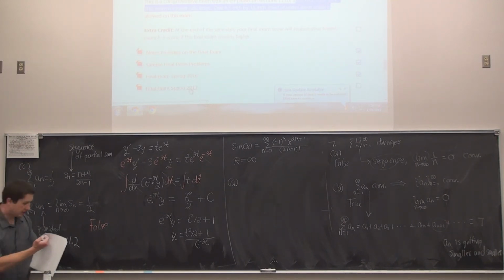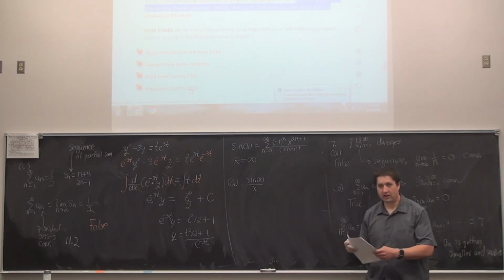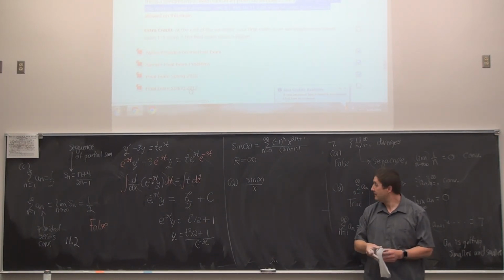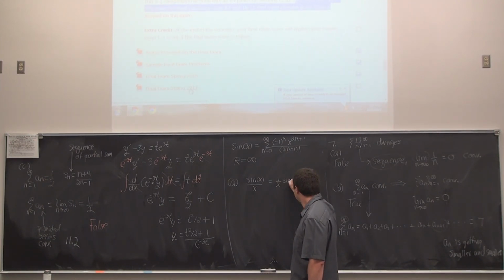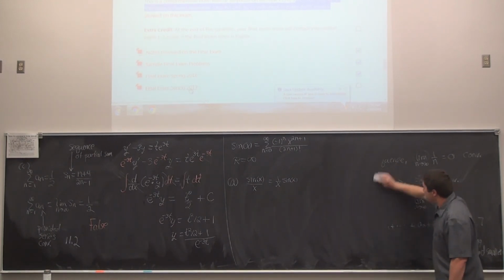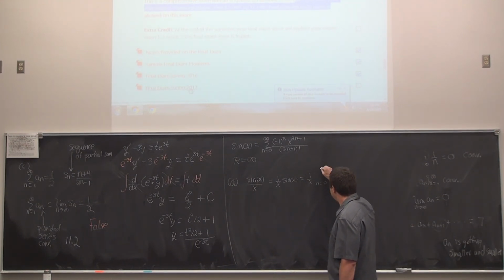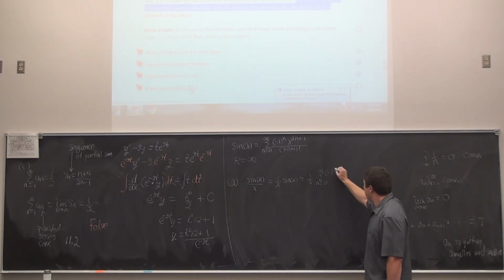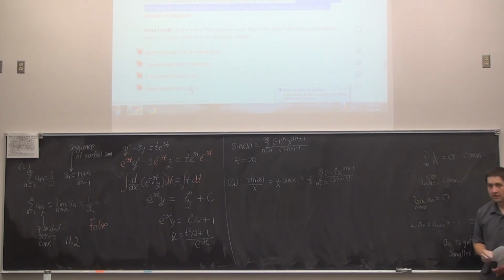Okay, so let's get to this part A, which says find the Maclaurin series for sine of x divided by x. But really, at the heart of this question, it's just a substitution type question. I'd rewrite this as 1 over x times sine x, just to help with the substitution portion. Then this would become, after we substitute, equal to 1 over x times the summation from 0 to infinity, negative 1 to the n, x to the 2n plus 1, divided by 2n plus 1 factorial.